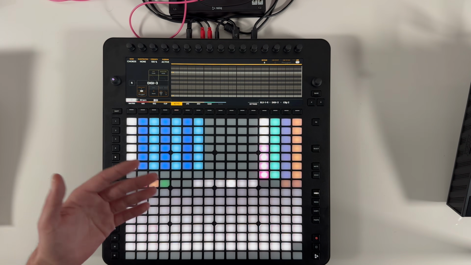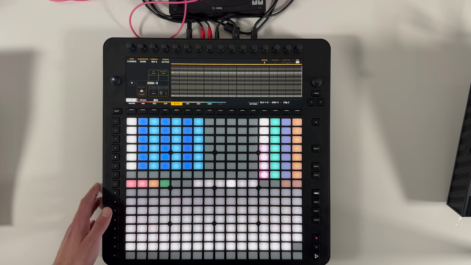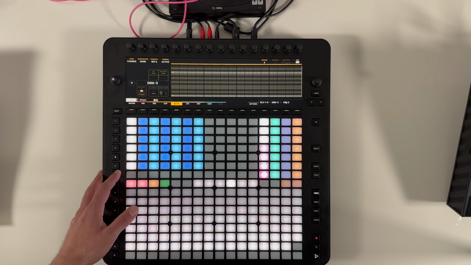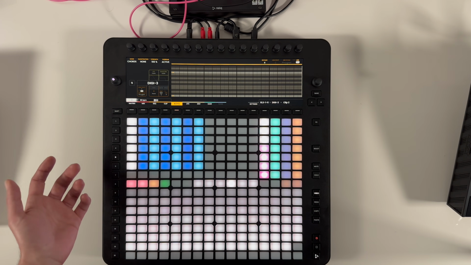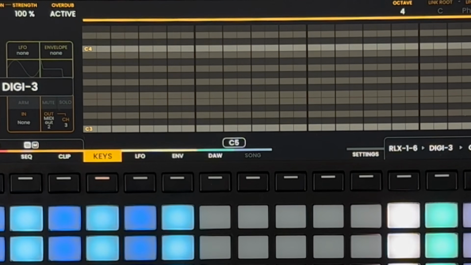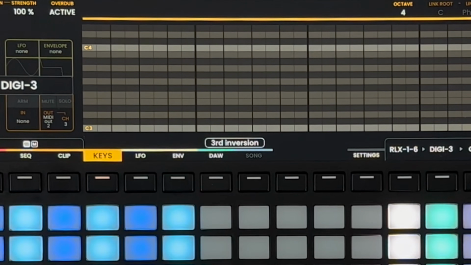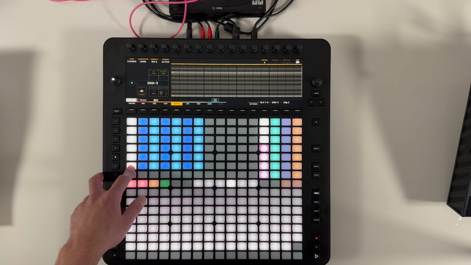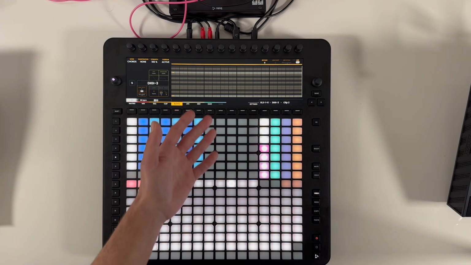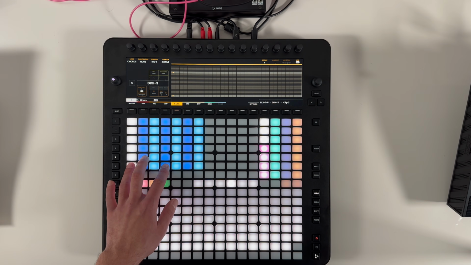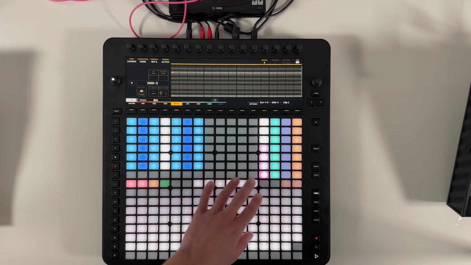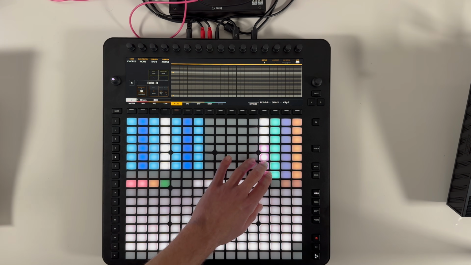that now supports per degree chord configuration. Each step in a progression can have its own chord structure and its own set of alterations. For example, we can modify a simple chord, adding a third inversion. Now this chord is also mentioned on the screen and it has the third inversion stored. If we go to another chord, we see that the inversion returns to normal, so we can store a different